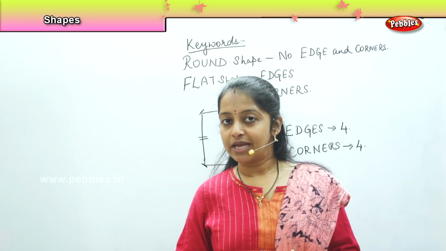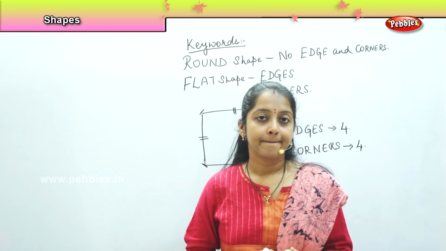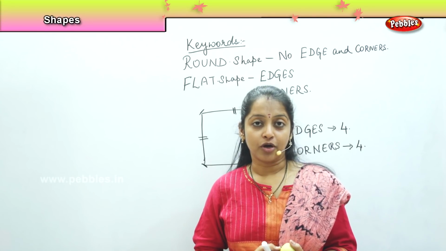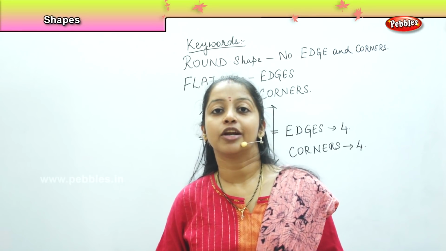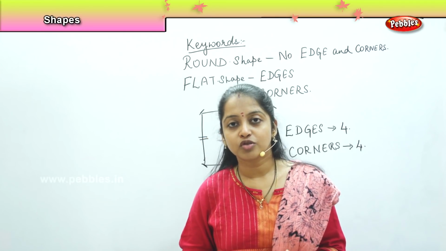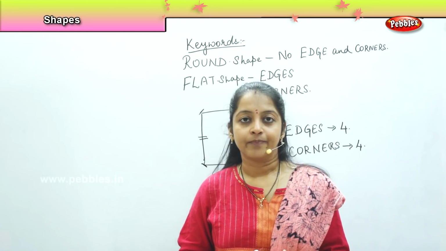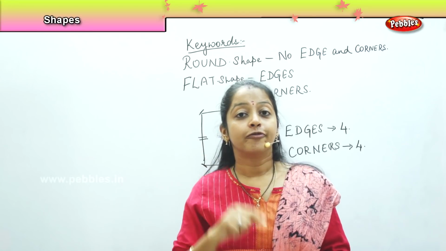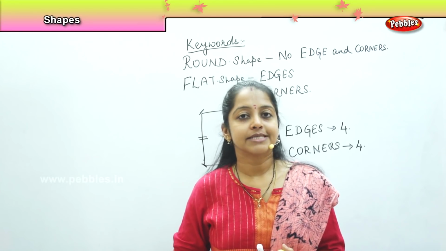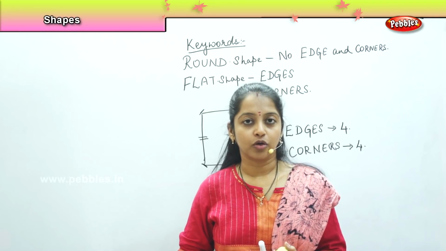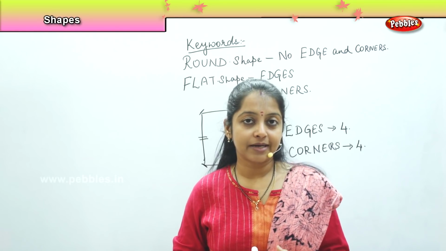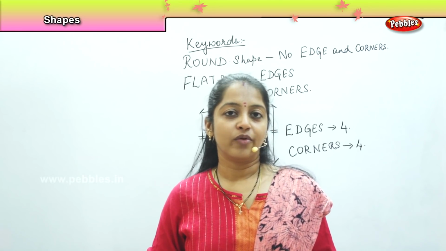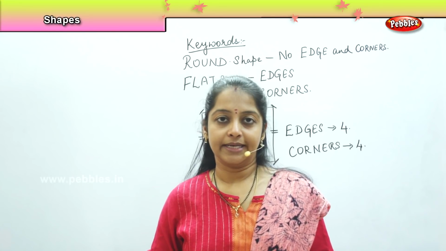Can you give me an example of a square? What can be an example of a square? Very good. Book. Right? You use it in daily life. You take it to your school, right? You use your notebooks for studying, writing, everything. So, can you find the edges in your book? Yes, you have 4 edges and 4 corners in your notebook. Fine? So, is this concept clear? Did you all enjoy learning this concept? Fine. So, we will be moving to the next concept later.